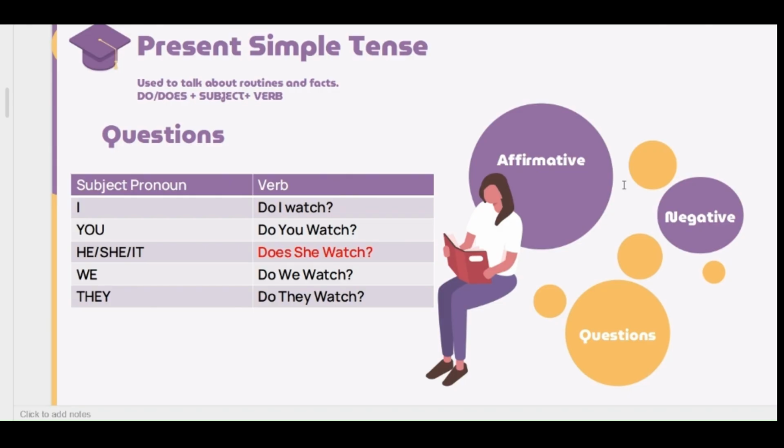So now for the question structure. Remember in English we have to start off with the auxiliary verb, in this case do or does, plus the subject plus the verb. So let's say your verb is watch, to watch. For all the subjects, I, you, we, they, it's always going to be do. But for he, she, it, we have to use does, does she watch, and then the complement of the sentence. So that's the structure of the questions. Even if the verb ends with a consonant, nothing changes because the auxiliary verb is the one that is going to change. So the main verb has to be in the base form all the time. The same thing for verbs ending in o, etc.